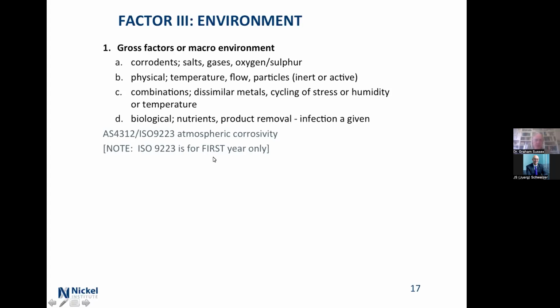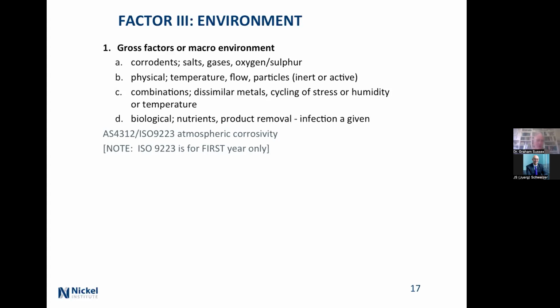And then biological issues. It used to be that people would say, oh, it's got to be biological corrosion, because they really didn't want to look at it. But in fact, there are occasions in which it'll happen. In sewage plants, under deposits, not necessarily in sewage plants, there are microbes around which will attack stainless steel. You need special circumstances for it to happen, but you do need to think about it, because there's always going to be spores around that will grow.